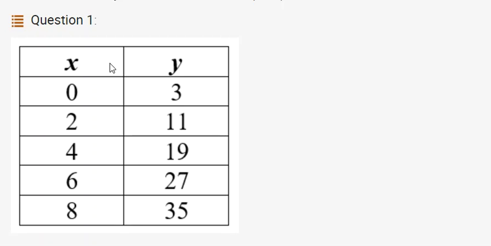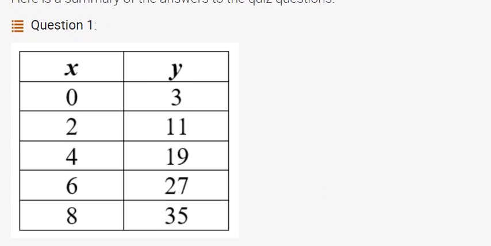So you had this data set and you were asked to find the equation for the line. Basically, you need to graph the data, and from that you can do a best fit line and find the slope of the line and the y-intercept. Once you know those two, you can find the right equation for the line by matching up the slope and the y-intercept. So if we go to the next question,